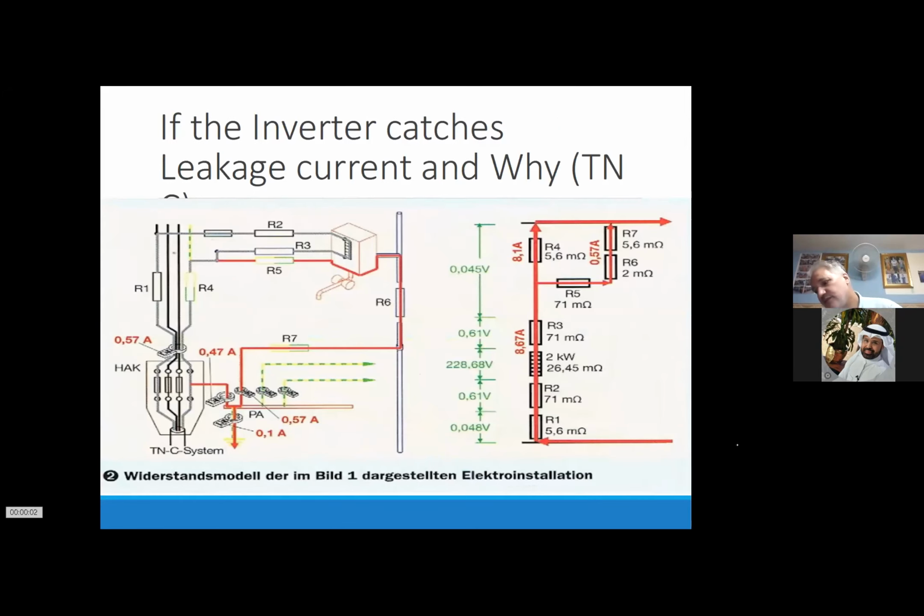That's the TNC system again, just to show you the clamp meters where I actually check the system. So just replace the geyser or the hand wash boiler with an inverter, and you have the same output. Once you connect a TNC system, you don't have a separate earthing, and that means every pipe, every wire which is connected to the earth,